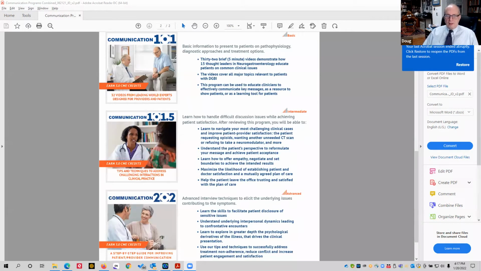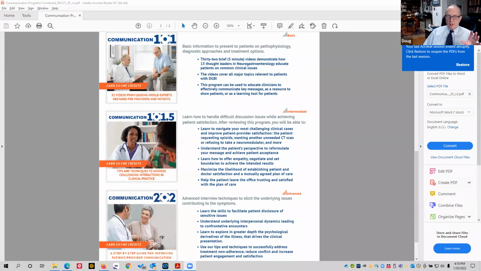Many of them are on our Rome Foundation Board of Directors. The second one is a step up, a more intermediate program. We call it Communication 101.5. You've seen some of these. We've played several, where someone comes to you as a physician with a problem, like they want opioids, or they don't want to go on a neuromodulator, or they don't want to see a psychologist. This one teaches you a higher level of communication where you pick up the challenges and find ways